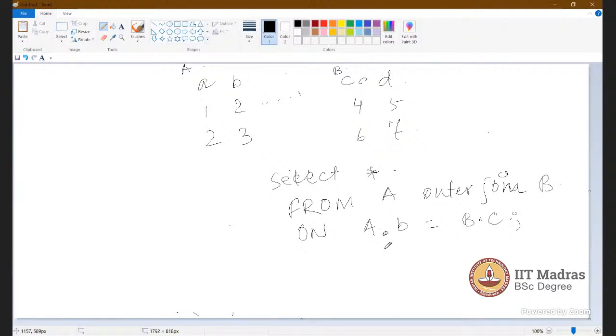Nothing, 0? It is a full outer join, so you have to see the full outer join. There will be 4 tuples.